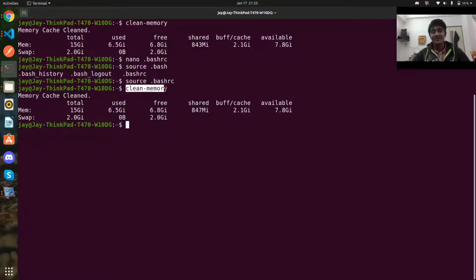So in this way we can create aliases and improve our system performance periodically, on a day by day or week by week basis. Whenever you feel that the performance of the system is slowly lagging, your applications are working slowly, you can just hit the command on the terminal and boom, you get all the memory available again in the free section, like I have mine here.